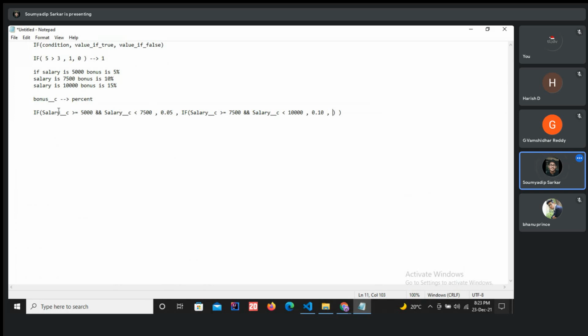So here, suppose this condition is matching. Suppose the salary is 6,000. So that belongs to this range. It is greater than 5,000 as well as it is less than 7,500. So my output is 0.05. Now suppose the salary is 8,000. So it does not belong to this range. 8,000 is greater than 5,000, but not less than 7,500. That means this condition is not met,